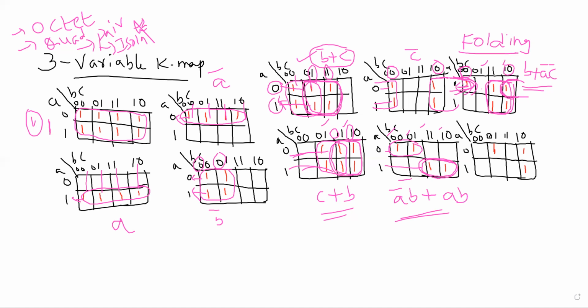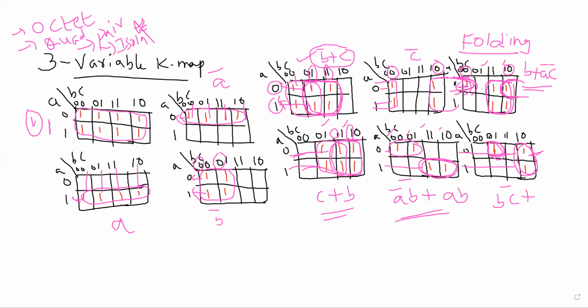Now if you observe for this, there is no chance of quad, there is only chance of pair here, and this one is an isolated one. We can't do anything for that. Now for this group, what is our output? If you observe, the row is changing from 0 to 1, but the column is what? B into C bar plus, this is an isolated one.